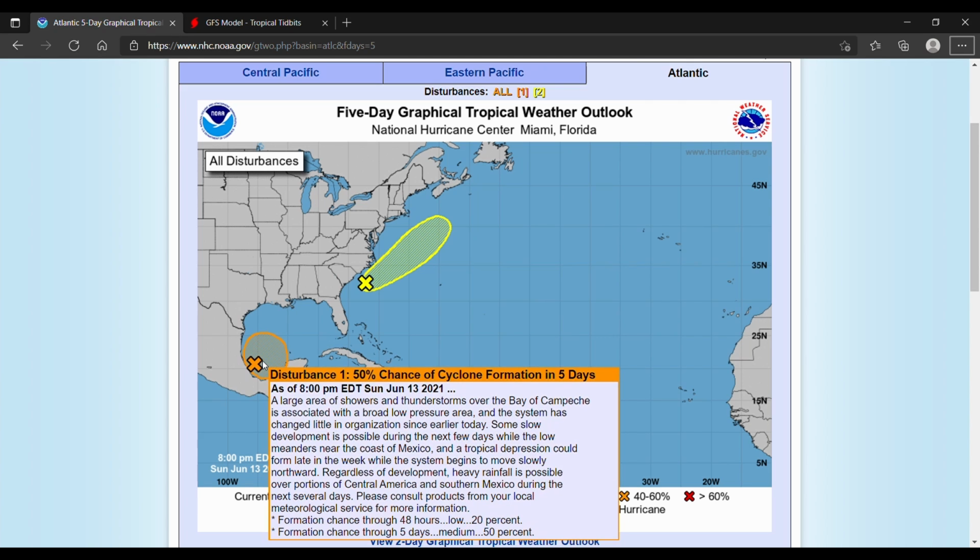Starting off here with disturbance number 1, which has a 50% chance of cyclone formation in 5 days. We have a large area of showers and thunderstorms over the Bay of Campeche, associated with a broad low pressure area, and the system has changed little in organization since earlier today. Some slow development is possible during the next few days while